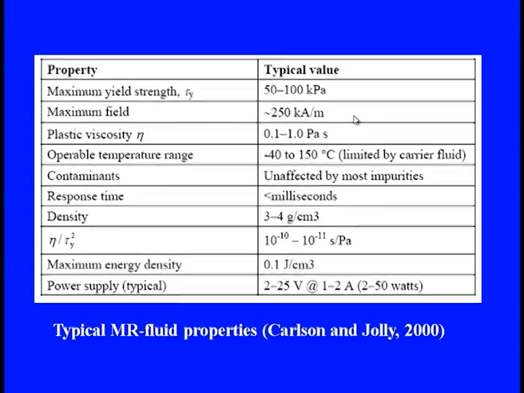The density is almost 4 gram per centimeter cube, and when we relate the plastic viscosity with the yield limit, we have almost 10 to the power minus 10 to minus 11 second per pascal. All other properties, like the power supply for making all that, are near about 50 watts, and then we can get the maximum energy density like that. So this was the first model